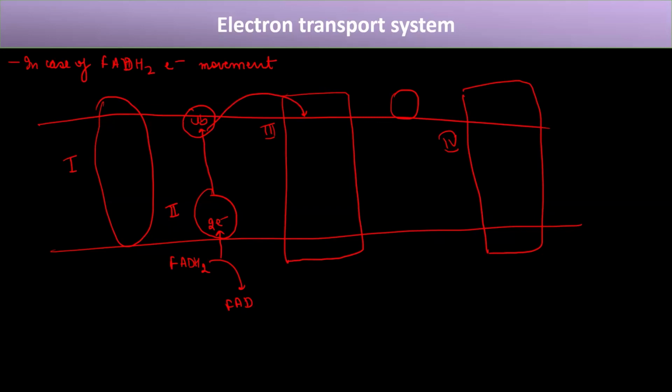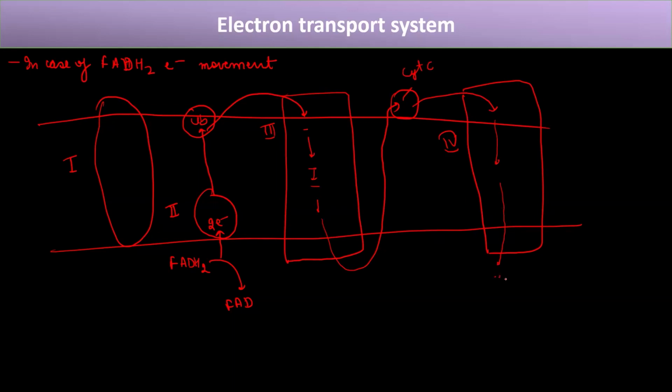Okay. And in this complex 3, we know that we have various things here. So electrons get transferred from there to there to there. And then ultimately it moves to cytochrome C. This is cytochrome C. And from cytochrome C, it moves again to complex 4. And ultimately, this electron